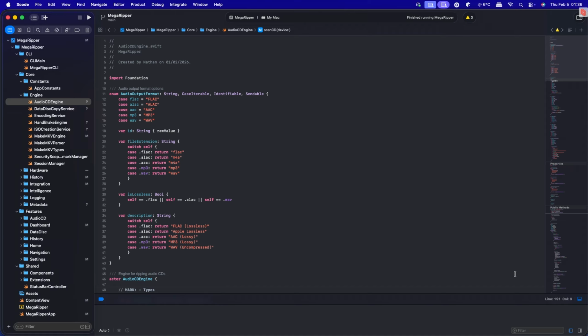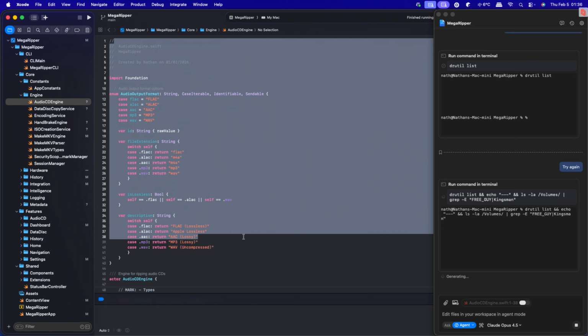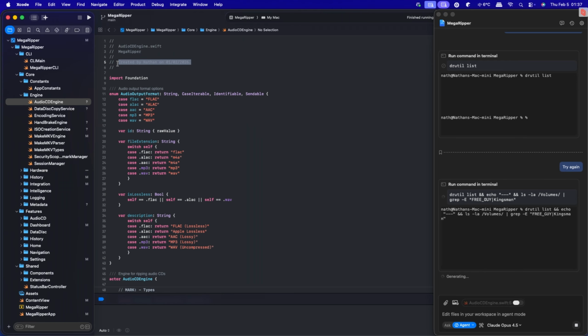Using AI isn't destroying your creativity. You're now bringing your ideas to life. I don't know what any of this does, and apparently I created it on the 1st of February 2026, and I don't know if I did. So you should probably check these files before you publish anywhere. But to be transparent and totally honest,